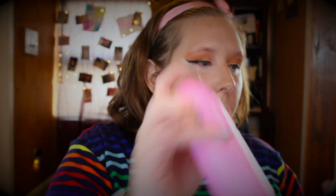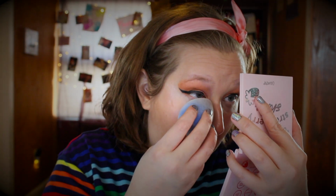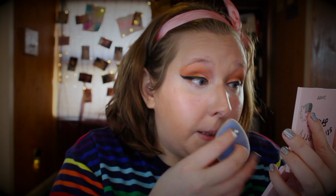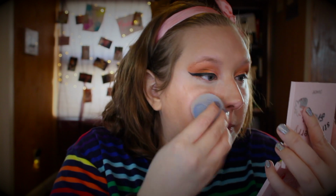I think I am going to spray the Beauty Blender a little bit more. Go over my under eyes, because I am tired and it shows. And then I'm going to be gross. I'm going to do it around my nose because I have been blowing my nose. And the good part about these, it says they are antimicrobial, which sounds amazing. I don't know how they would do that, but